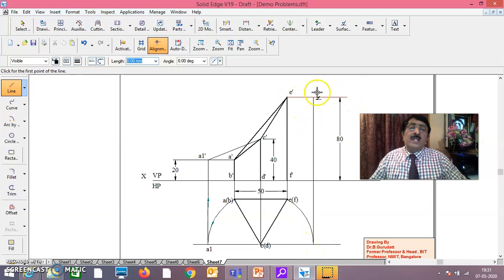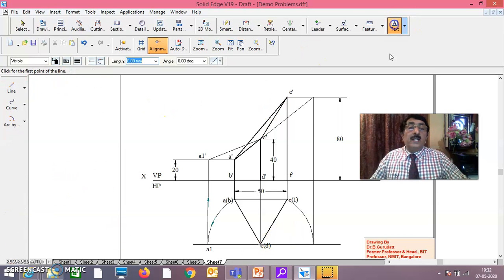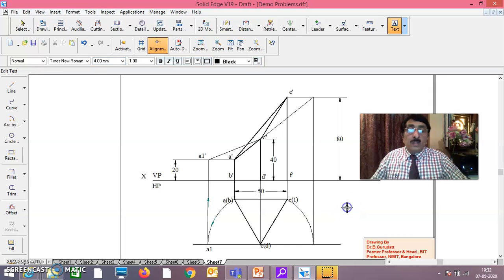Draw thin line. Locus representation you need not show in practical problems. Draw one thin line here. Now C is a fixed point. From C you have to join it to this point. From end point here, you see carefully, end of this to end of this you do. This will be the true length of CE. Now immediately, before you forget, you do the lettering.